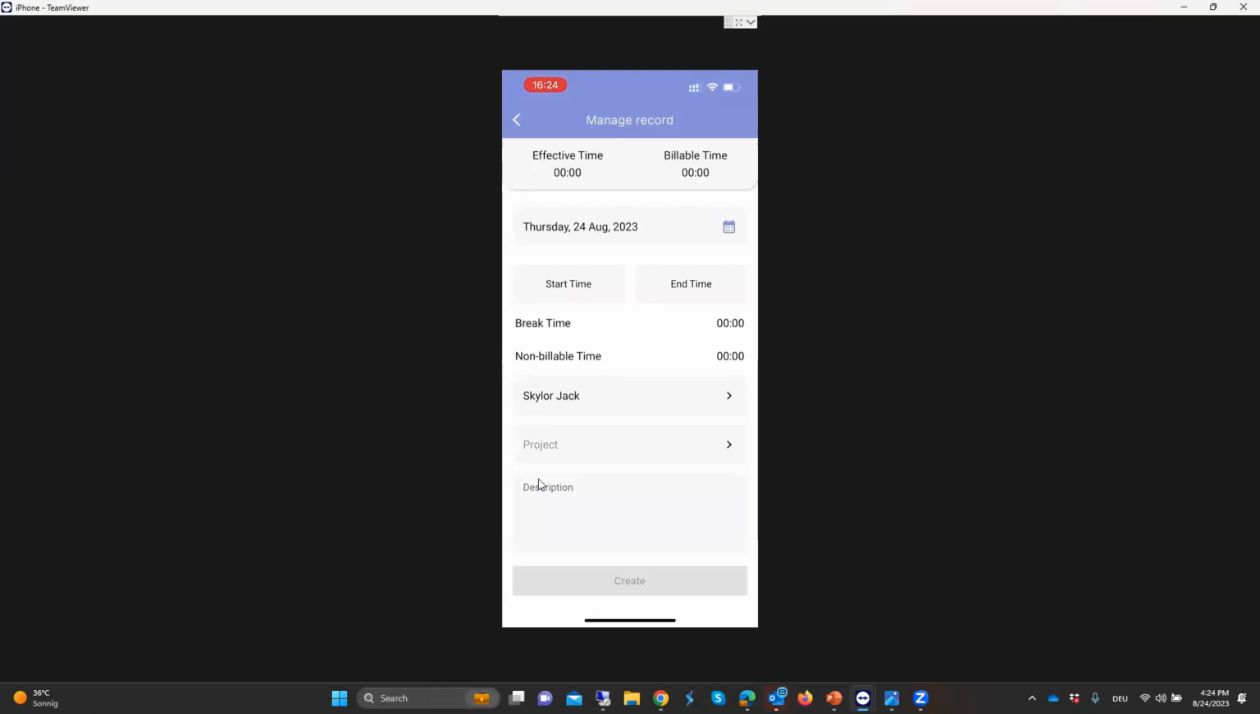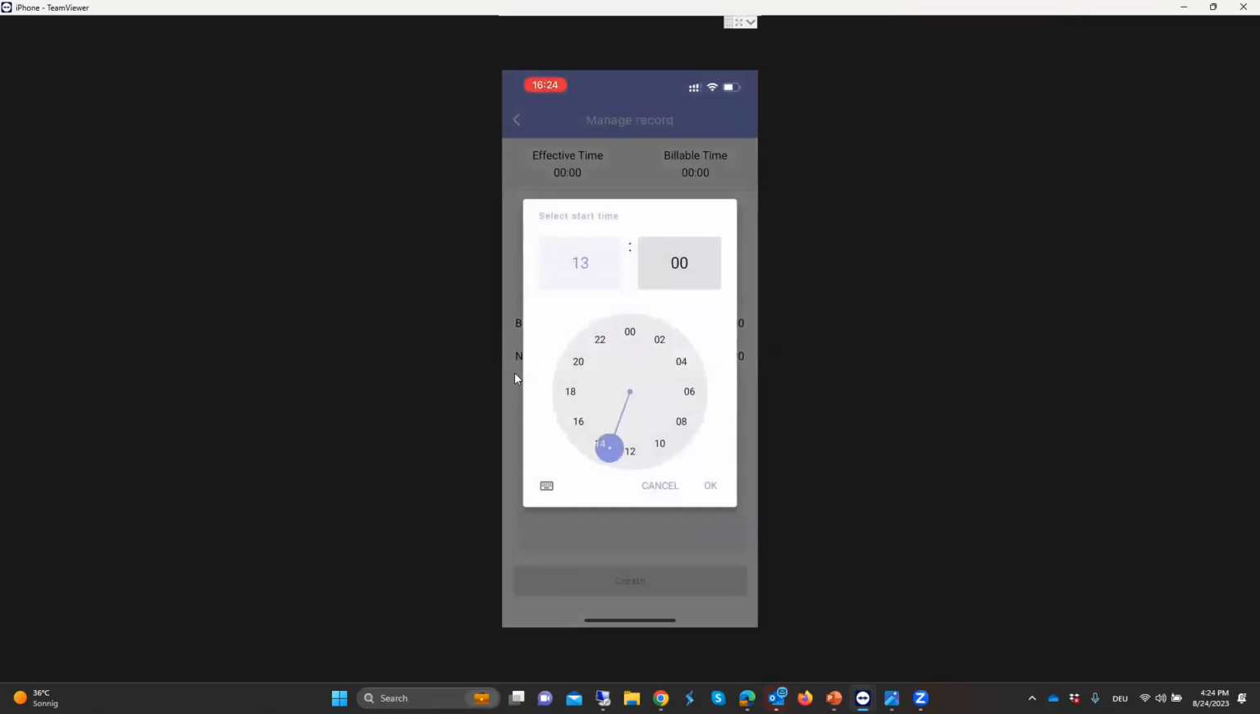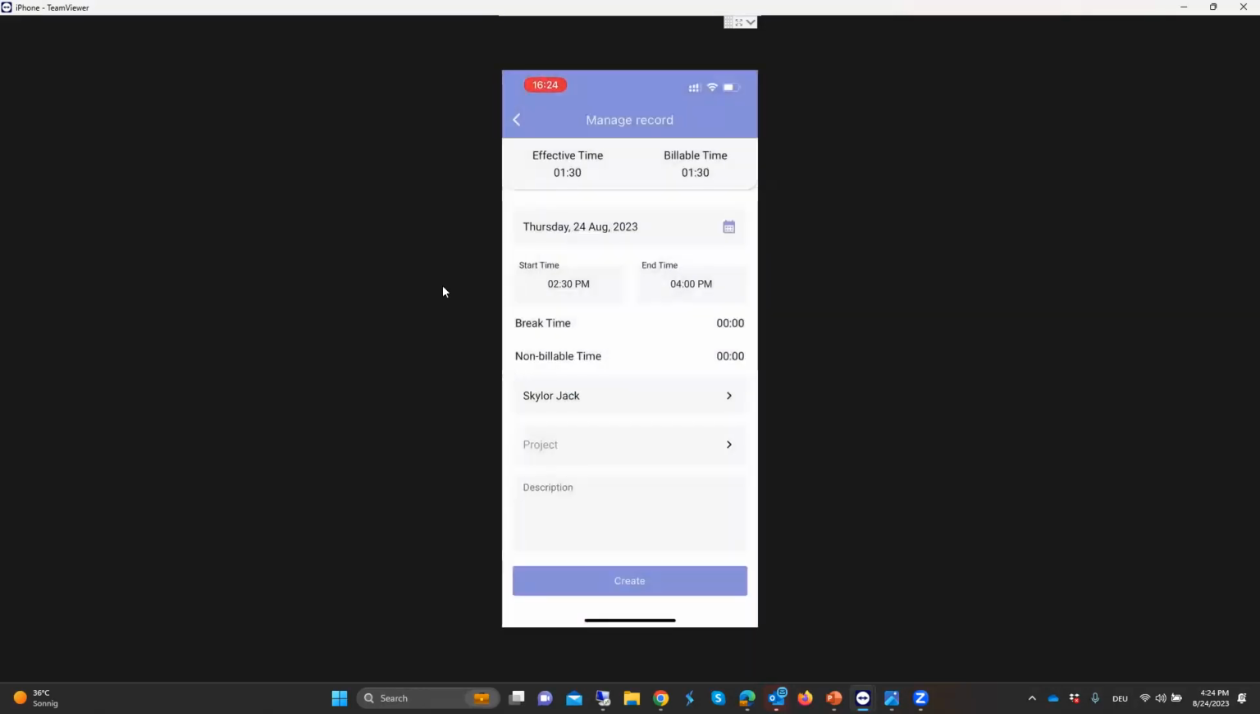So let's start registering a time and see what features we have behind. Here I have the date, then the start time. Let it be at this time here, 2:30 p.m., and then the end time will be at this time. So here we have the effective time, 1 hour 30 minutes, billable time here, 1 hour 30 minutes. We can add break,